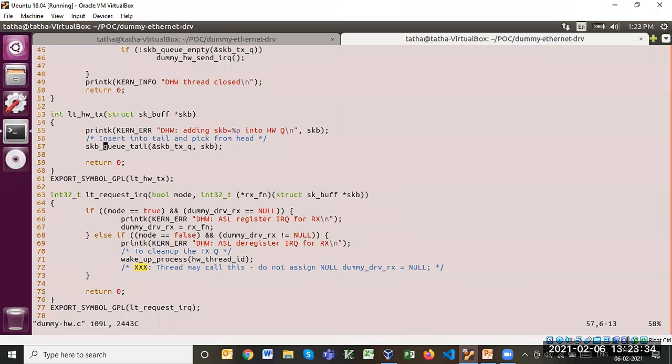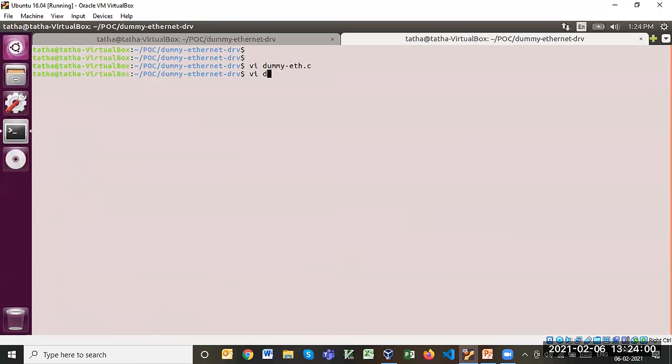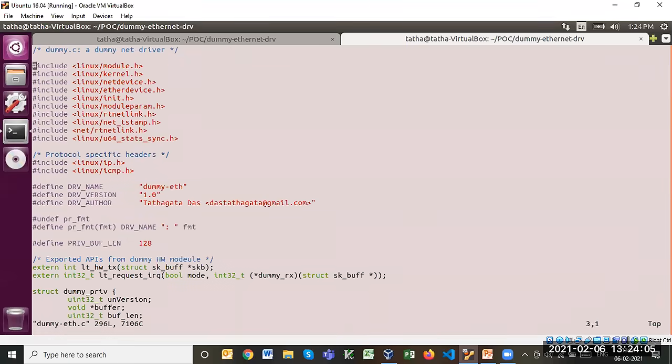Whenever a packet is added into the queue, that thread will wake up, dequeue the queue, get the packet, and send it back to the Ethernet driver, my Ethernet driver. But usually this is done through the interrupt or polling mechanism.